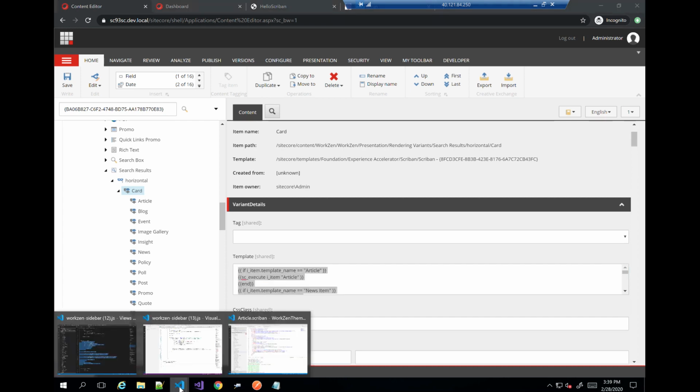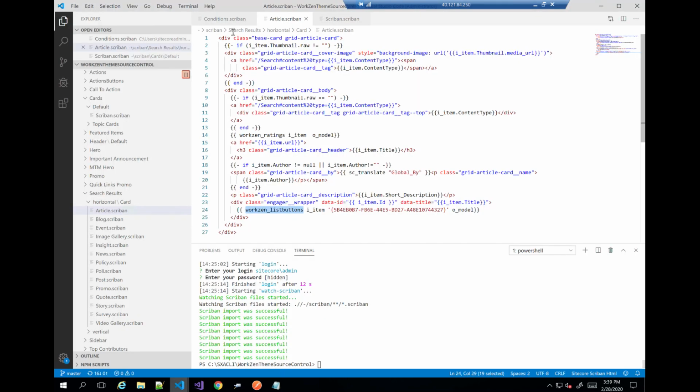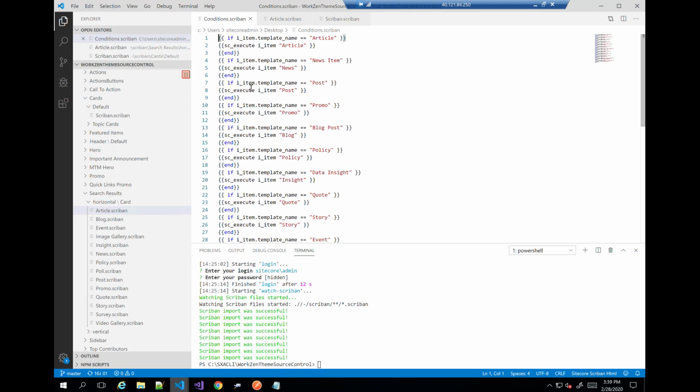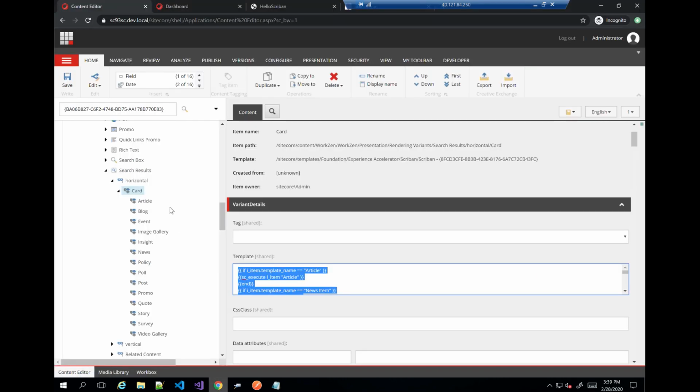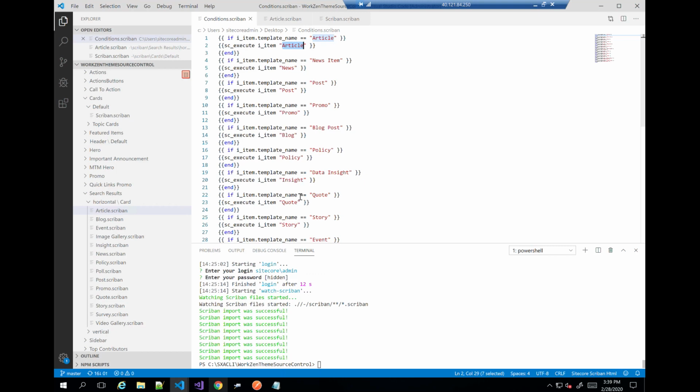Let's see what the card has. If I go back to my templates here, we have this condition Scriban, and as you can see, what I'm saying is if item template name is article, go execute. So I use sc_execute with item as a parameter, the article template. What this will do is actually call or execute this Scriban template. And I did this for all the conditions or all the different types I have,